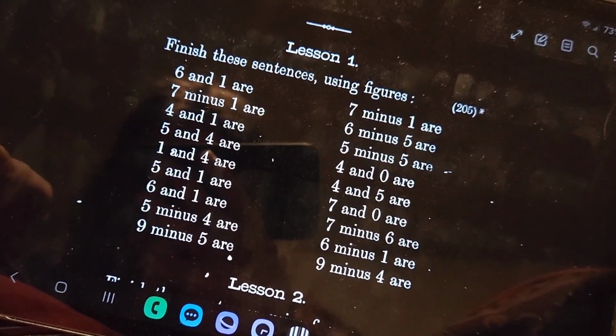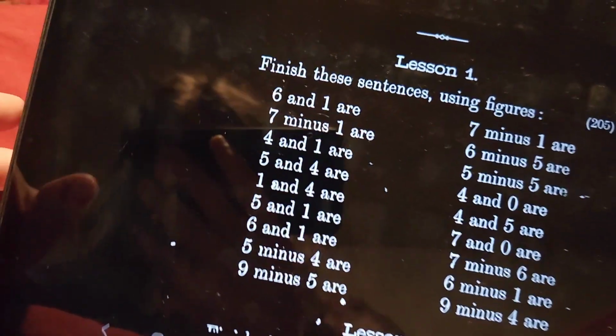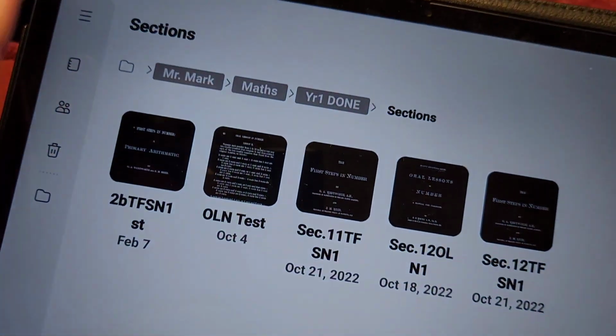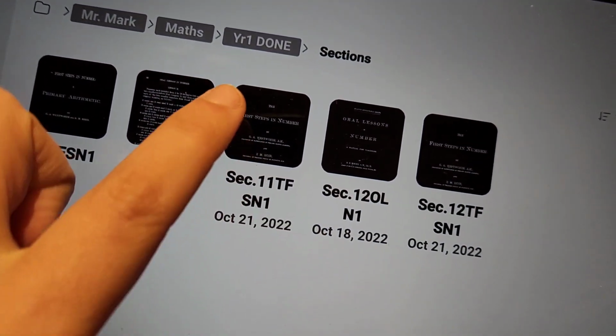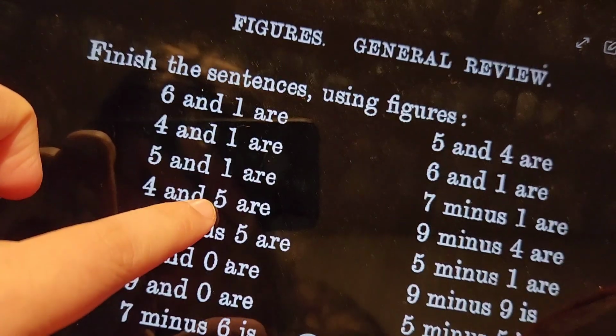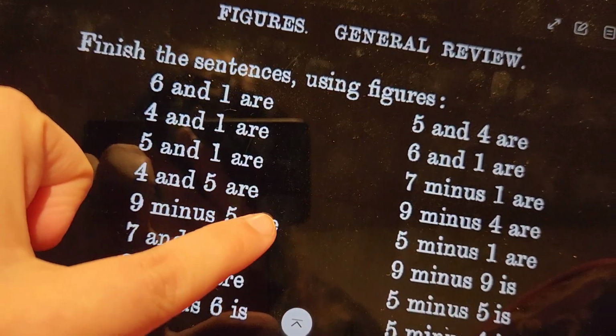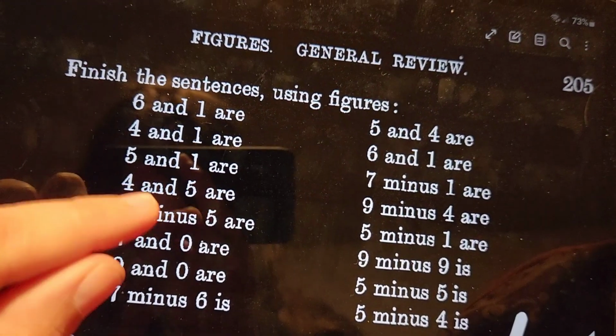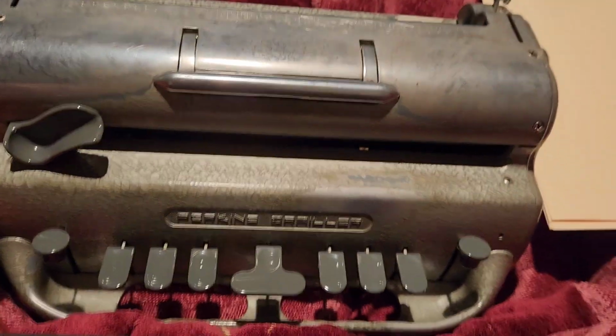And that's what we're going to do. So I am going to go back to the lesson book here. And I'm going to essentially take this and transcribe it into Braille using this